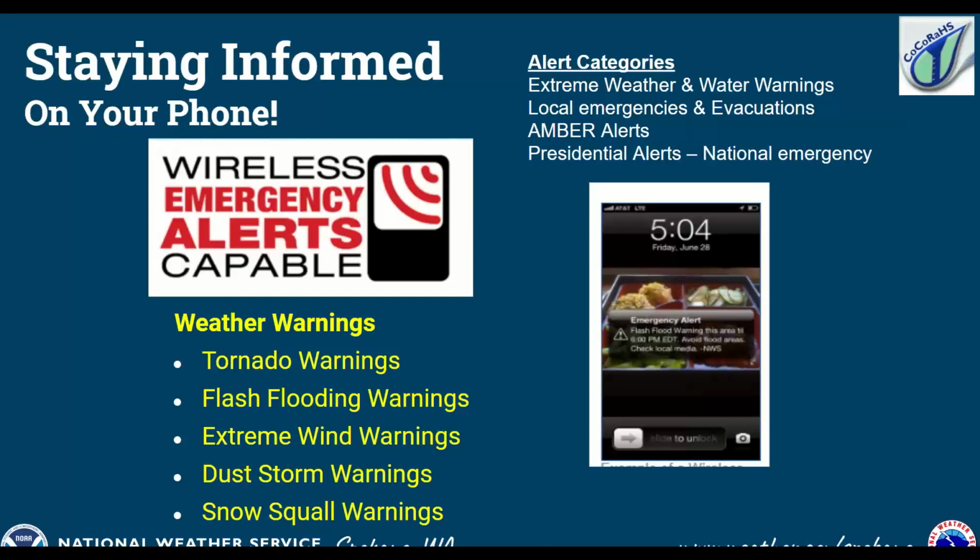So if you're within the polygon of this warning, your phone is going to go off. And this includes for tornado warnings, flash flood warnings, extreme wind warnings, dust storm warnings, and yes, even the new snow squall warnings. So if you're within these polygons for these warnings, your phone will go off and let you know.